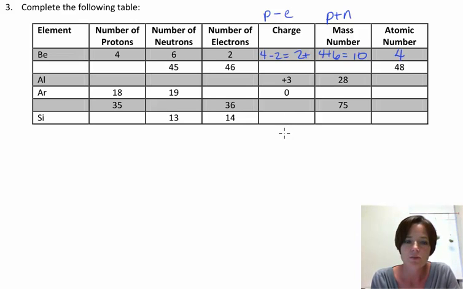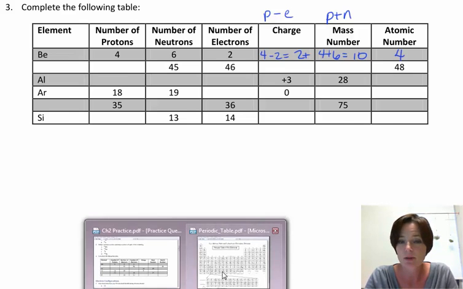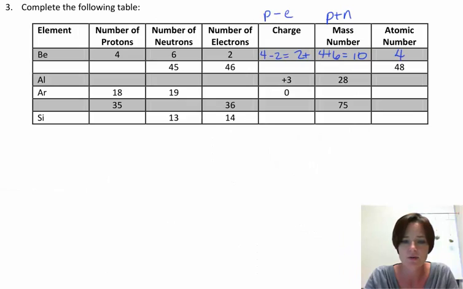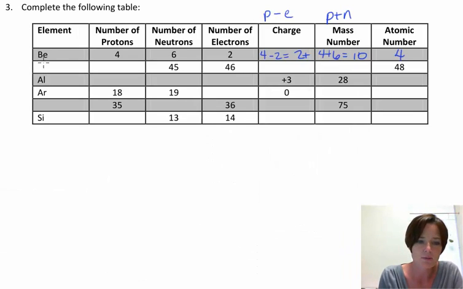When we look at the next one, we don't even know the name of the element, but we can find that information if you remember that the atomic number is something that is unique to an element. So we can see here that we have an atomic number of 48. So what we need to do is get a periodic table, and figure out what element has an atomic number of 48. So here's my periodic table. The box that has 48 in the top is cadmium right here. So this is going to be Cd, the element that we're looking at,